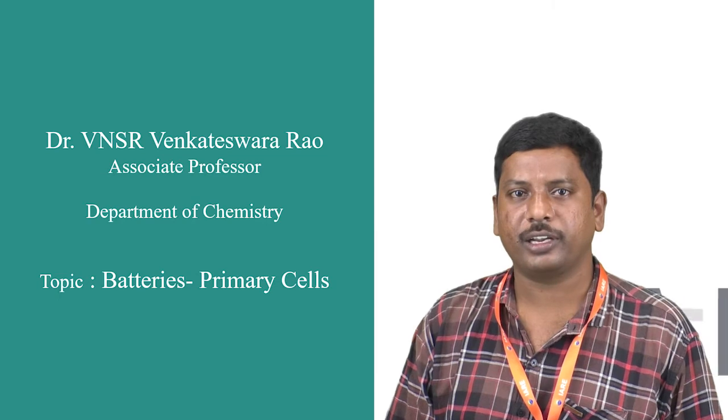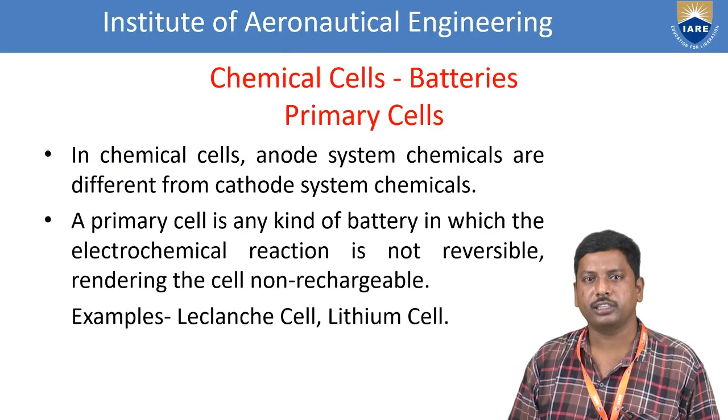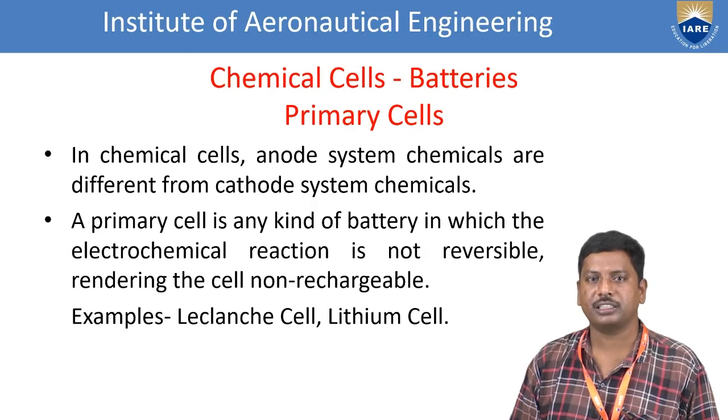Today, I would like to give the topic on batteries, primary cells. Before giving the introduction to batteries and primary cells, first of all, we must learn about the battery. A battery is one of the electrochemical cells, considered a source of direct electric current at constant voltage. An electrochemical cell is defined as the conversion of chemical energy to electrical energy and electrical energy to chemical energy. Batteries involve a series of electrochemical cells connected in series mode.